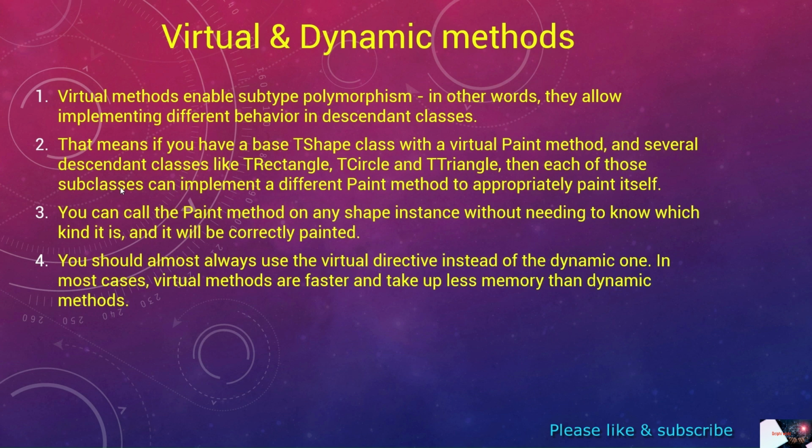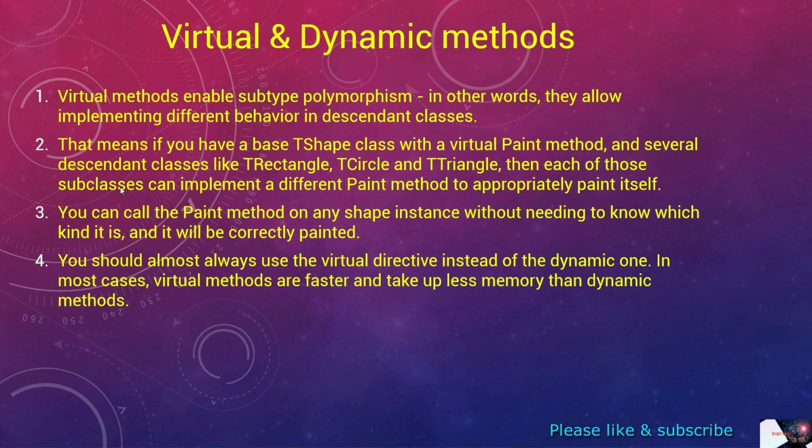That means we are redefining that method in the child class. So if we have the base class TShape with the virtual Paint method, and in the descendant classes like TRectangle, TCircle, or TTriangle we are inheriting the TShape class,